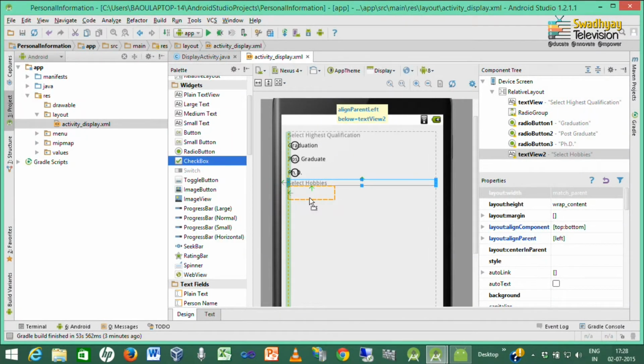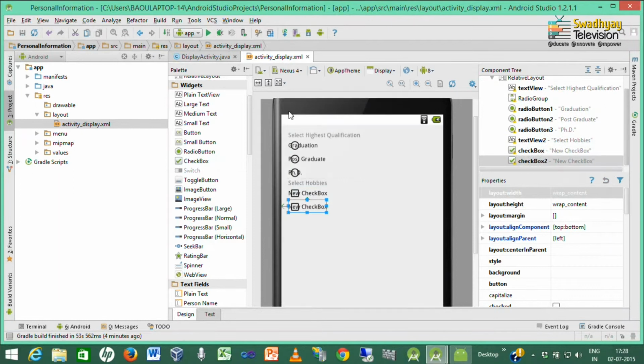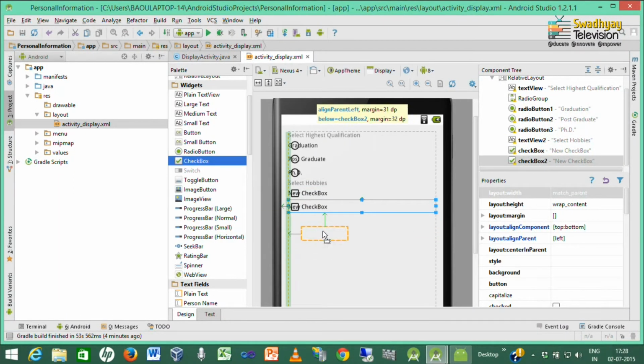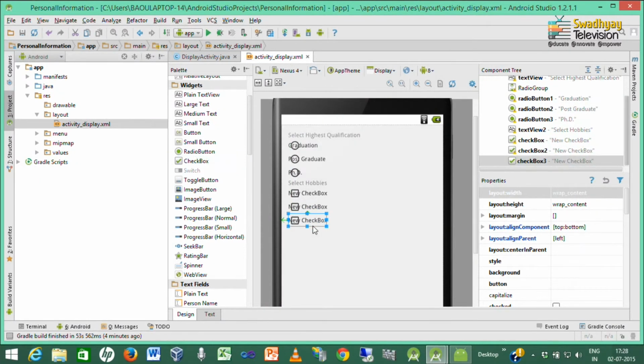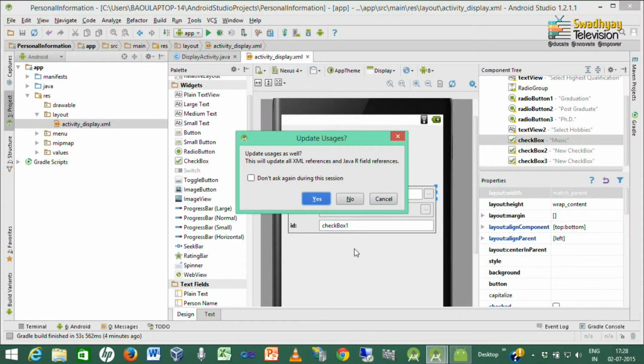So, I drag 3 check boxes one by one here, 1, 2 and 3. You can set text of check boxes by double clicking on these. So, here I write down music and ID checkbox 1.